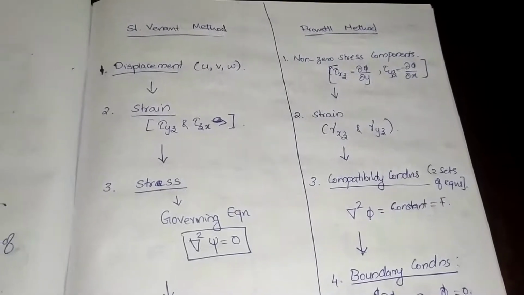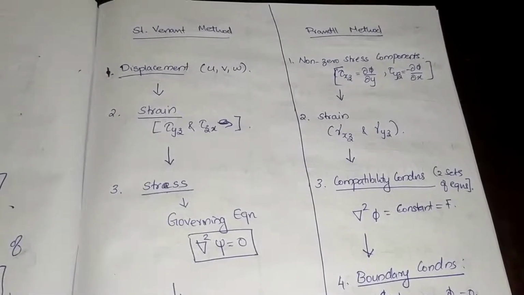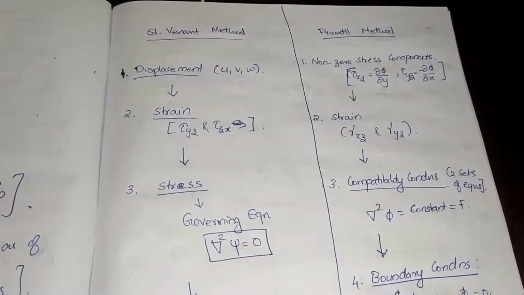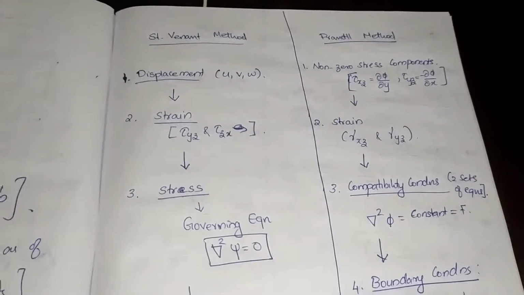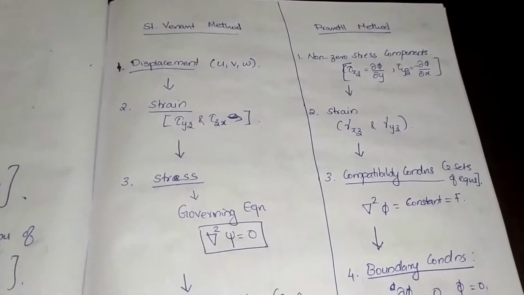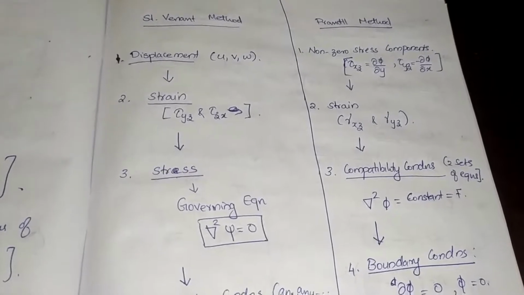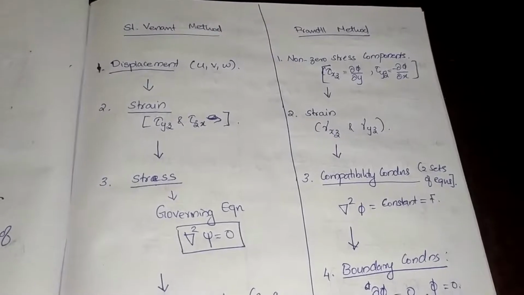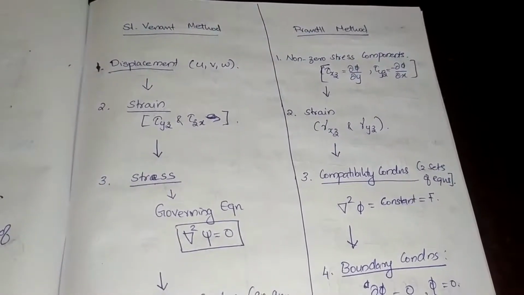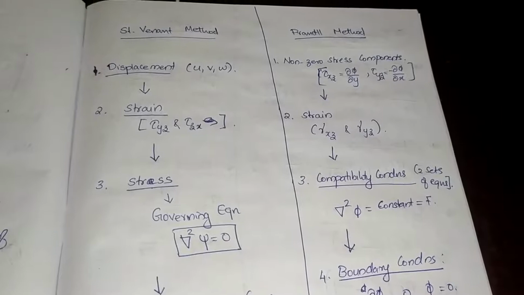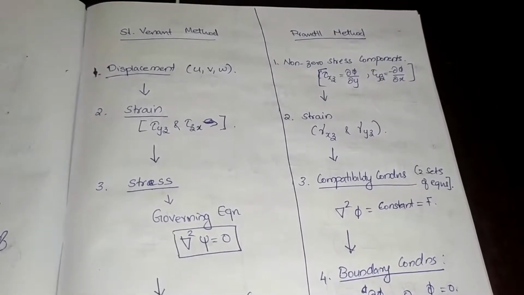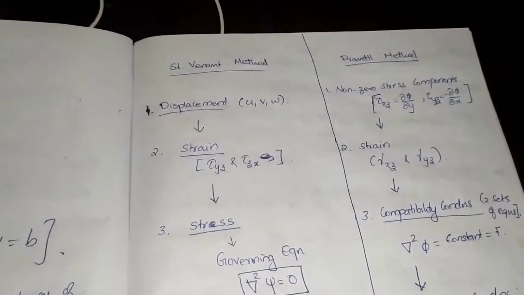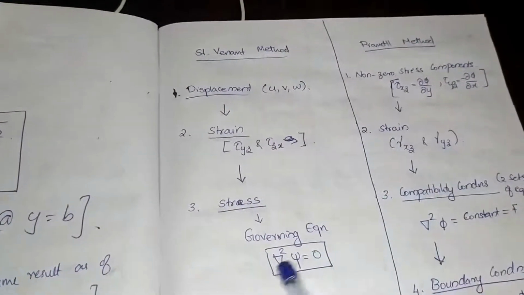So good morning all. Today we'll be discussing some numerical problems regarding circular and elliptical cross sections. Before that, we have studied two methods, Saint-Venant's and the Prandtl stress function method, right? I know that both these methods are big, it will take time to derive all these things, and it is very hard to remember these steps. So for that I have made a comparison table